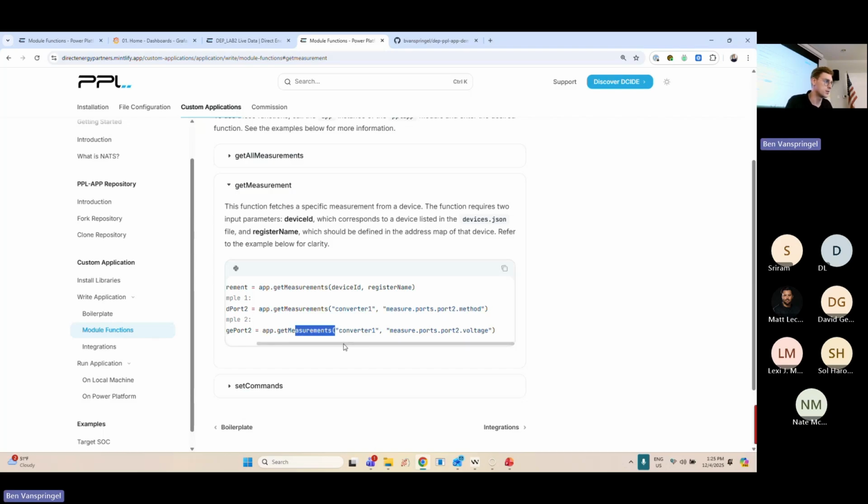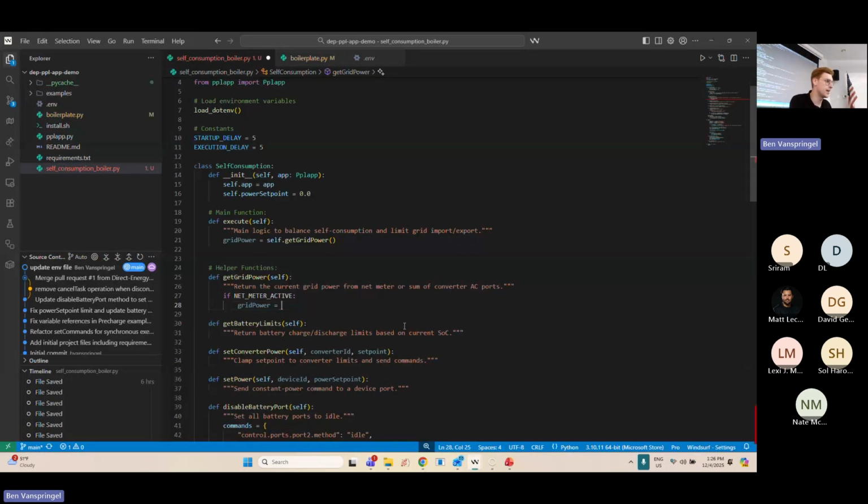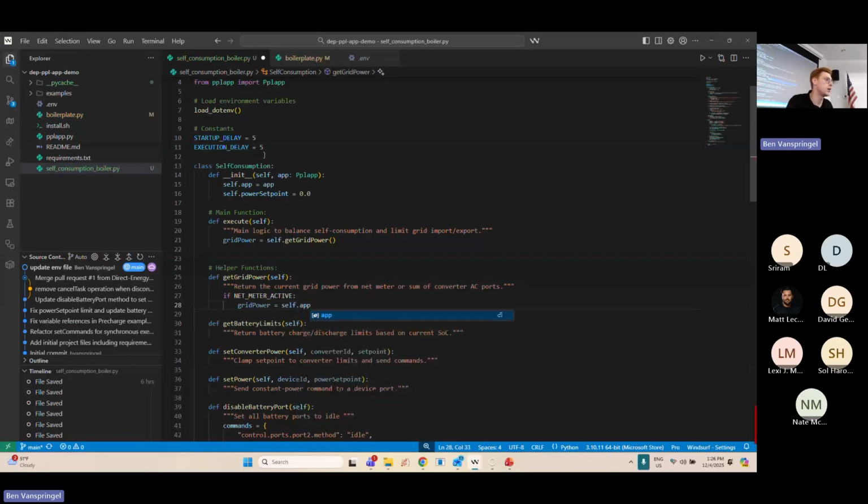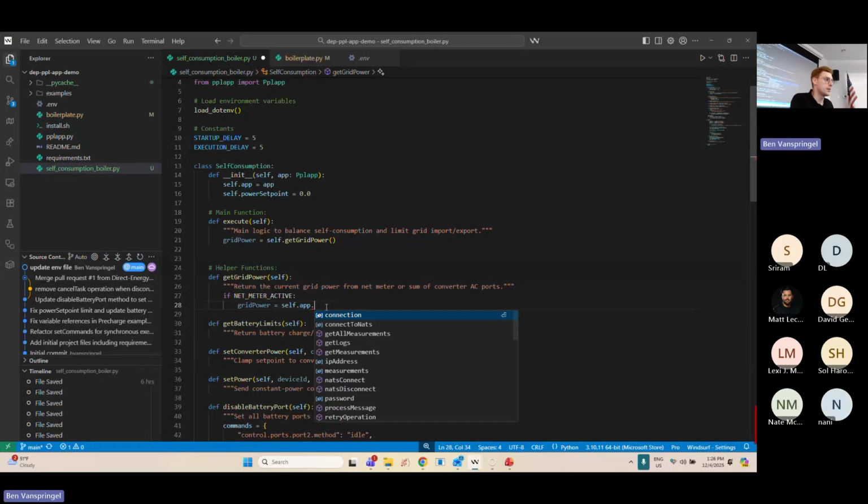And then the same thing goes here. If you want to return the voltage of port 2, same thing goes here. You type in your converter ID or device ID and your register name. So this is what we are going to do here as well. So you want to return the grid power here. And since I've defined a class self-consumption, the app is available in self.app. So we do self.app.getMeasurement,